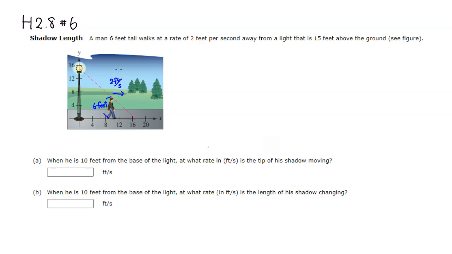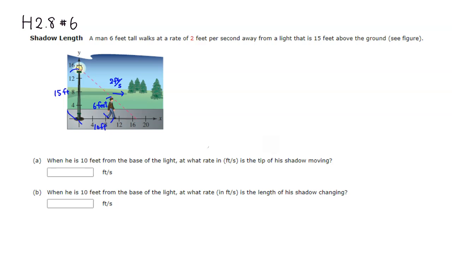And let's see, the light is 15 feet above the ground. So when he's 10 feet from the base of the light, so I'm just putting stuff in here, this is 10 feet, right? At what rate in feet per second is the tip of the shadow